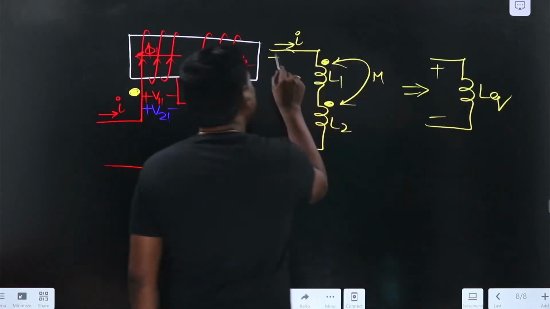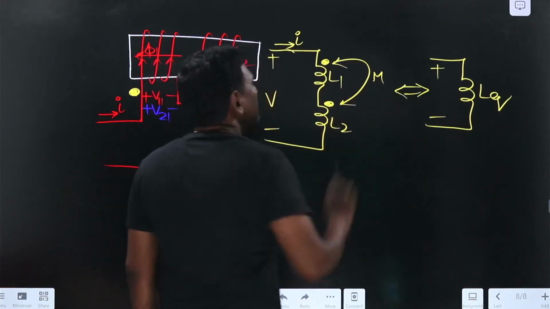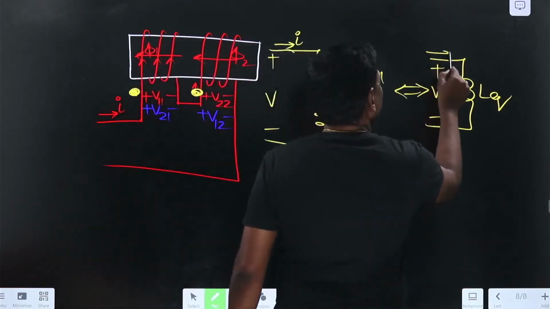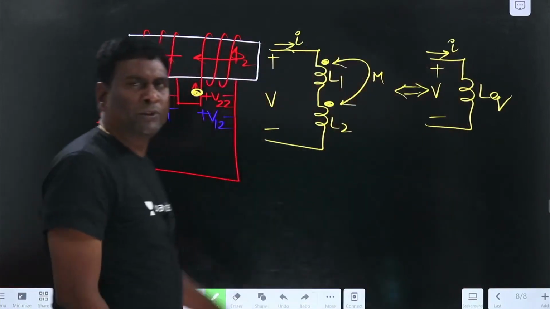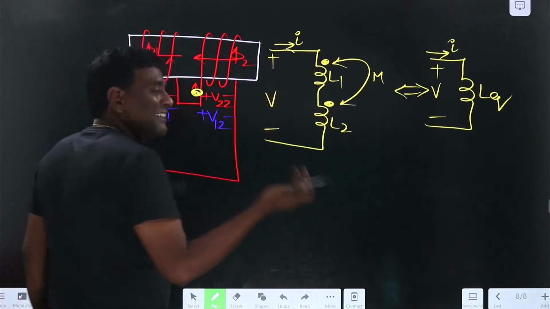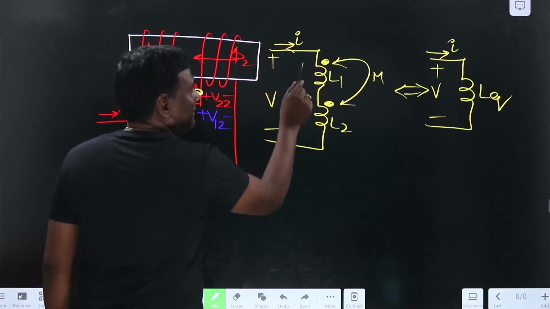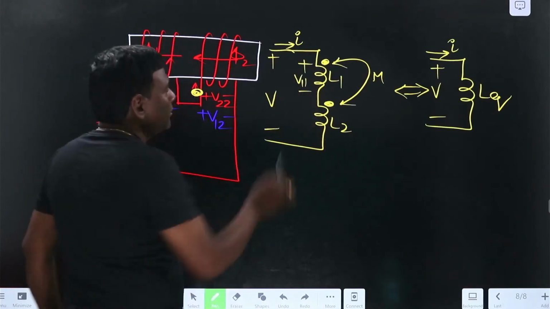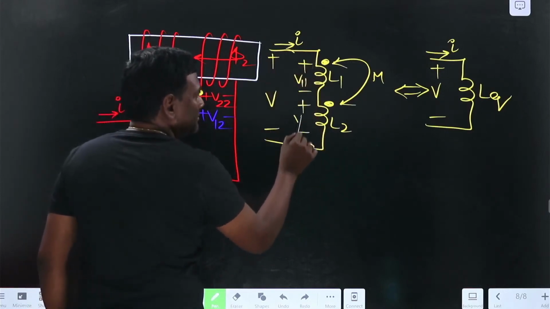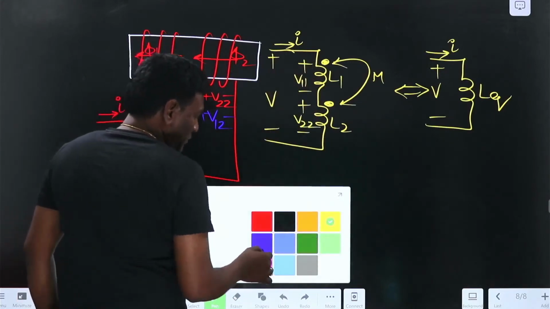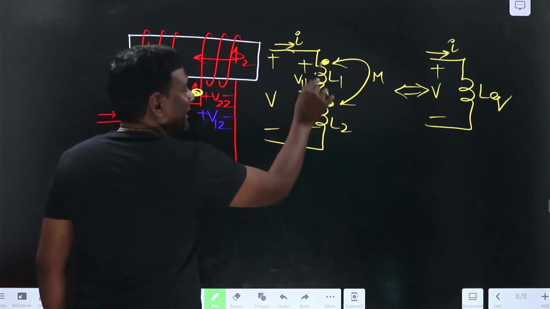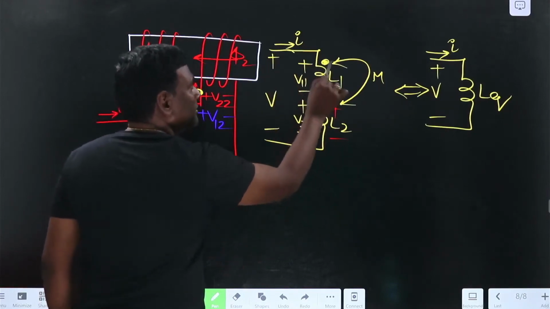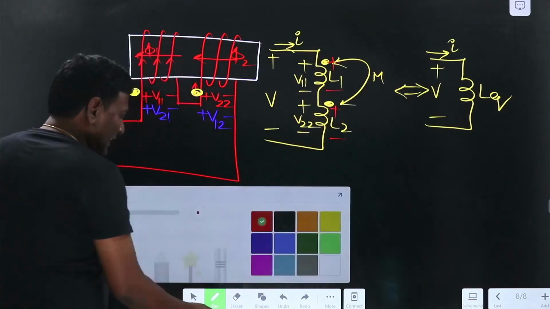So same voltage. What is equivalent? The same terminal response characteristic should be there. So the same V will be there and the same I will be there. We have to find out L equivalent. So see here, first of all self. Current is entering here, plus minus V11. Of course, here we have done it, from dots also we can do. My current is entering here, plus minus V22. Now if you think of mutual, because of current entering into the dots, this dot is going to be positive. That's it. Now let us write the equation.